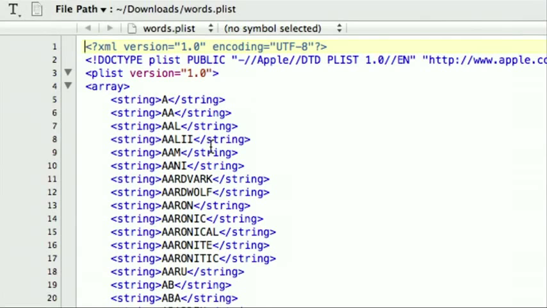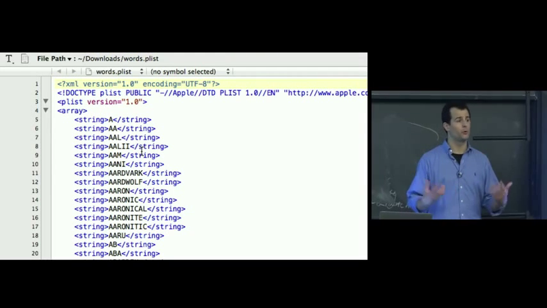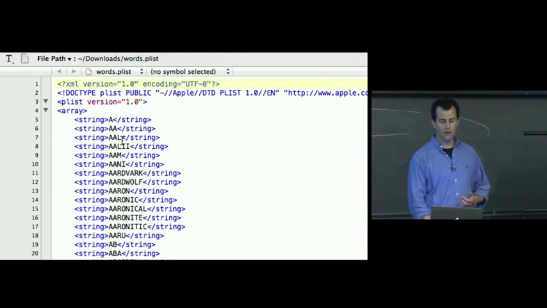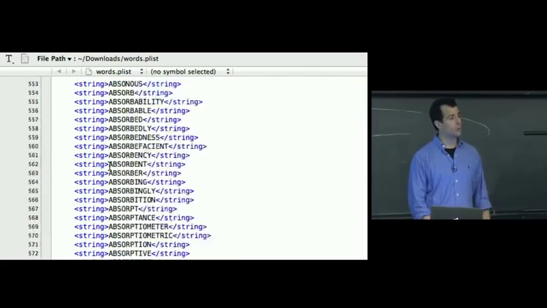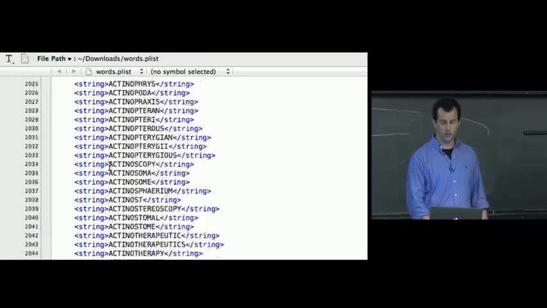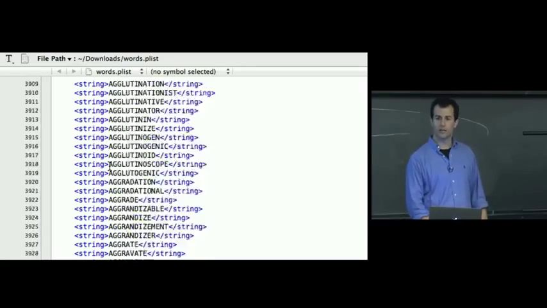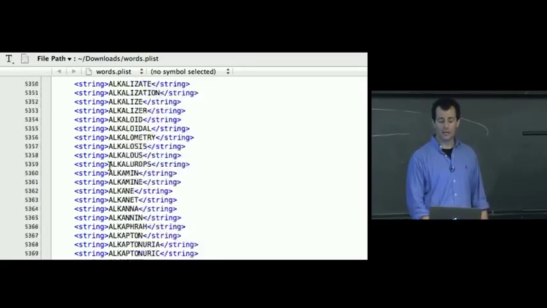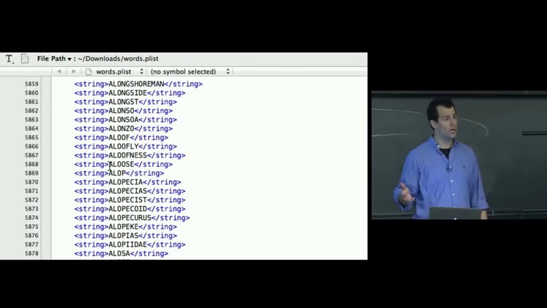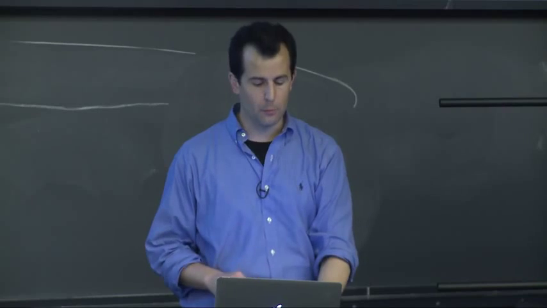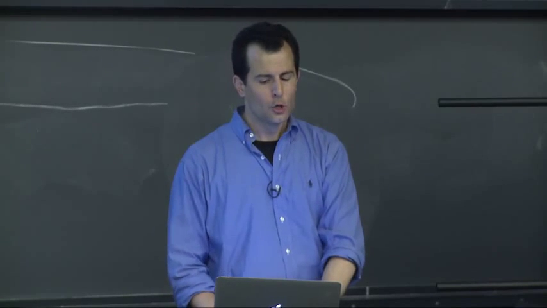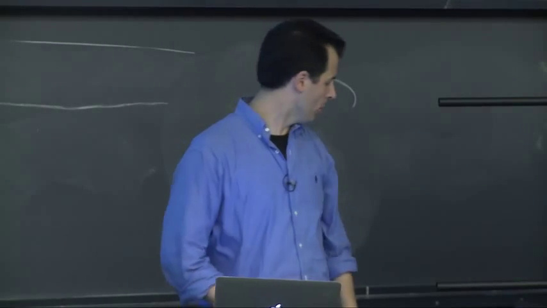If unfamiliar, XML is like HTML, but you get to make up your own tag names. And so here we have an element called array, and then a whole bunch of strings. So that is what we have given you for this dictionary, and there are thousands and thousands of lines here. So this is actually a perfect candidate if implementing a program that listed all these words, not to keep all of them around in UI table cells if you were using a table view controller like we did earlier. So with regard to storage, property lists are